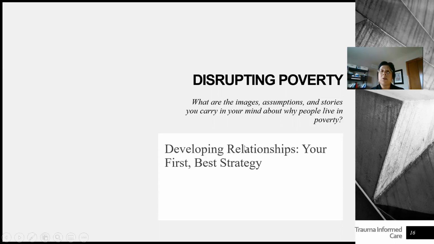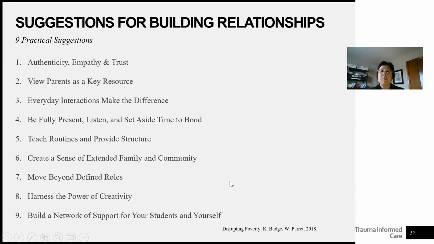So really just begin to think about putting yourself in their position and the things that they are dealing with. Get to know them and get to know them outside of your academic area. That's the most important thing. Things they like to do, things that they're going through, all those things, and really work on a safe and caring environment. All right, the way that you can build relationships, there are many ways.